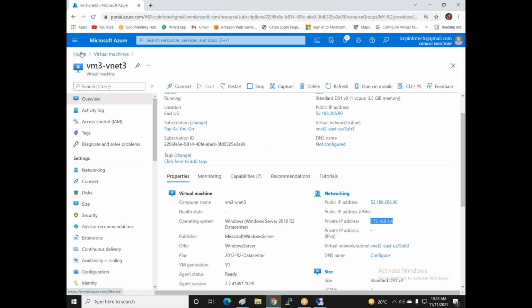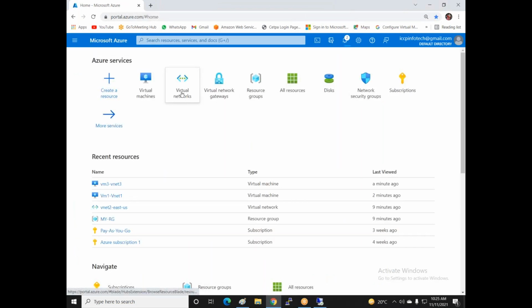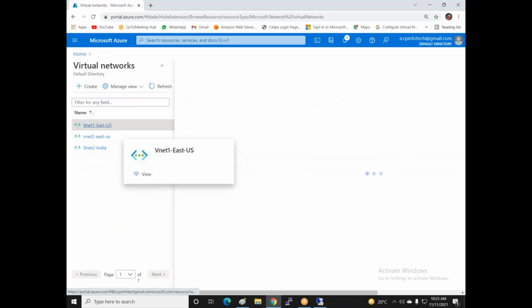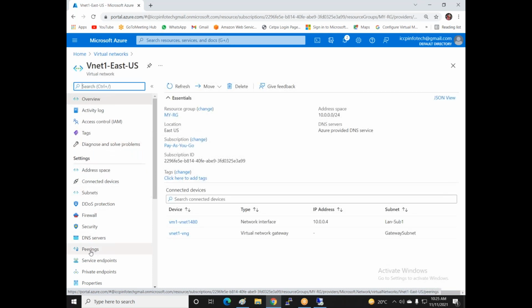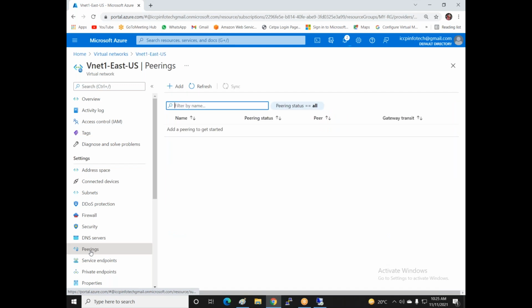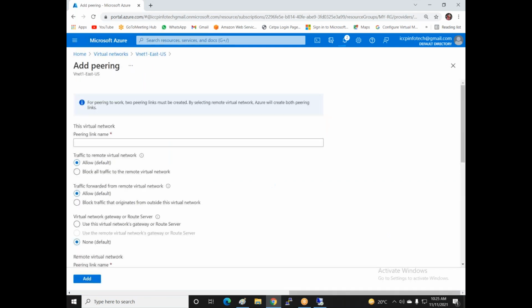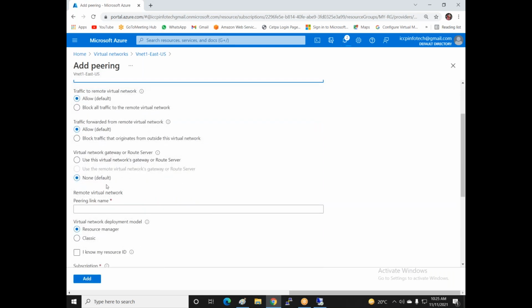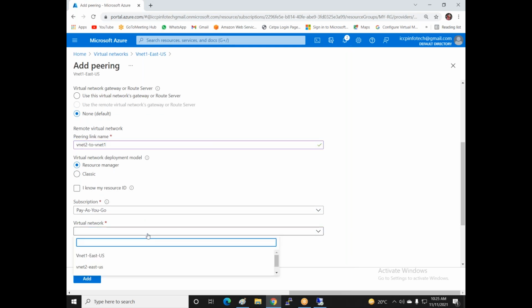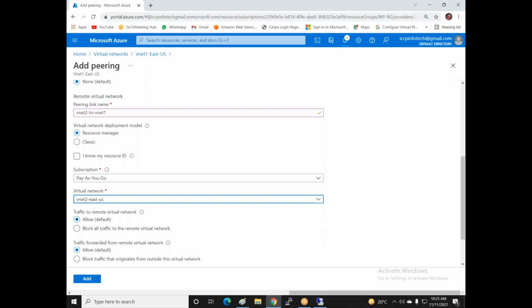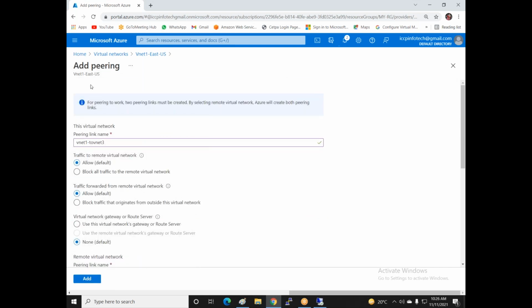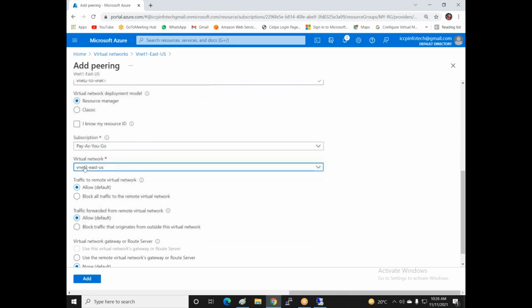So how to enable the peering? I go to VNet 1, virtual networks, and click on VNet 1, and you can see the option available: Peerings. Add peering. The peering link is VNet 1 hyphen to VNet 3, and the other peering link is VNet 2 hyphen to VNet 1, and now select virtual network 2. Here I select VNet 1, which is already selected, and here I select VNet 2.